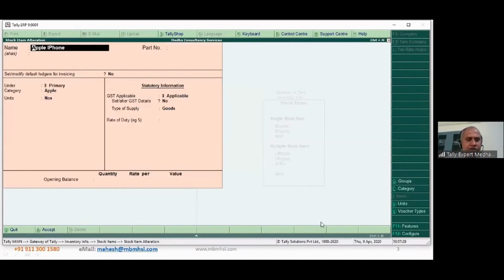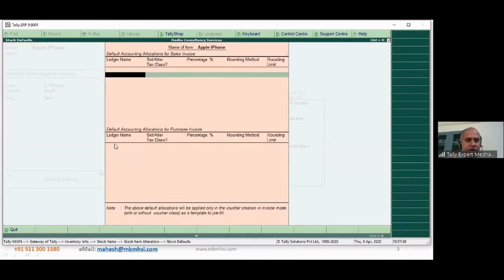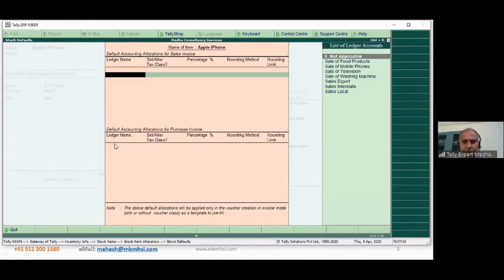Now, once when you save this, you get a new option called set modify default ledger for invoicing over here. You could enable this. Now it is saying if you are doing a sale of this product, to which ledger it has to take. Say example, I'm saying it has to go to sale of mobile phones.